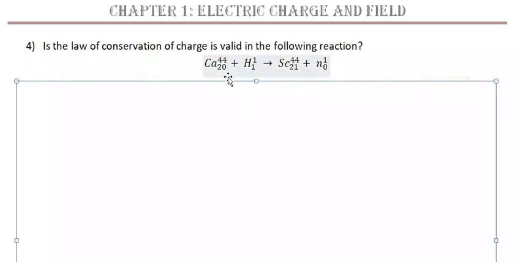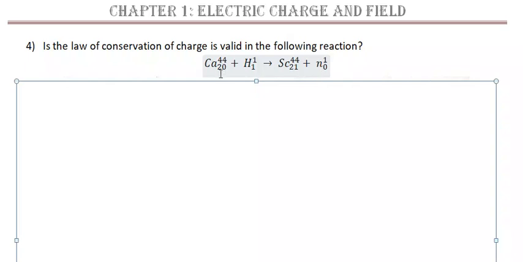So here, if you see, in the parent nuclei there are 44 nucleons present, which is reacted by one hydrogen. Now if we look at the nucleons, there are 44 plus 1, that is 45 nucleons in the parent nuclei. As for the daughter nuclei, again we can see there are 44 plus 1, total 45 nucleons.